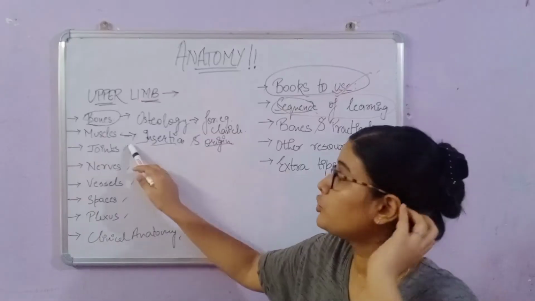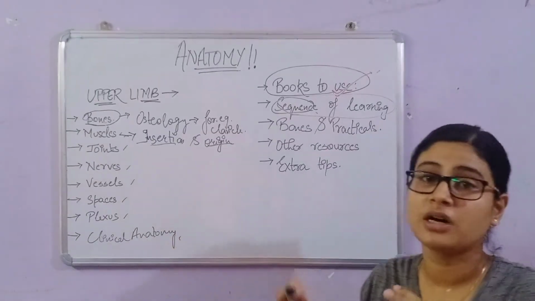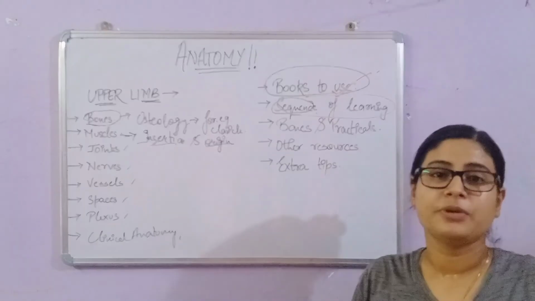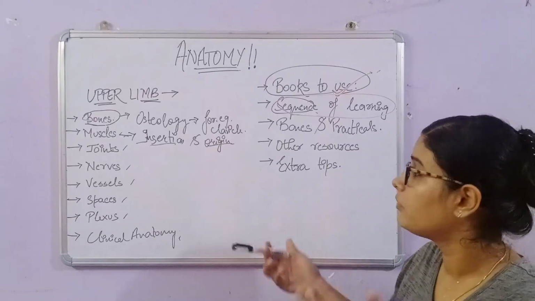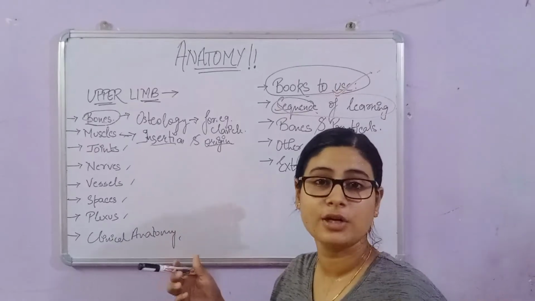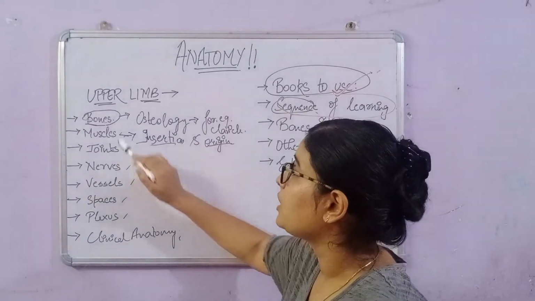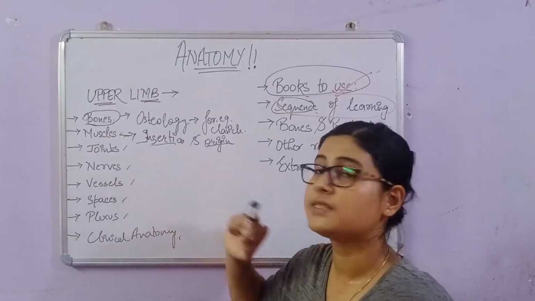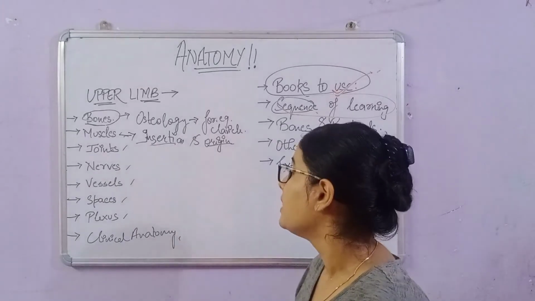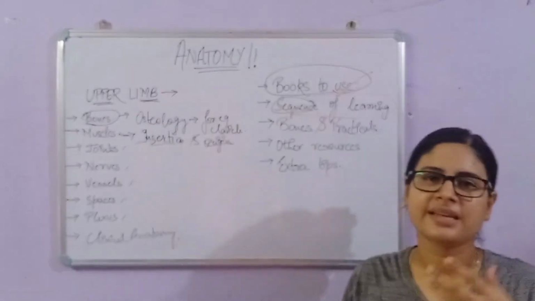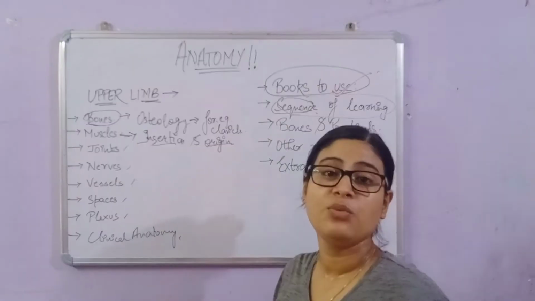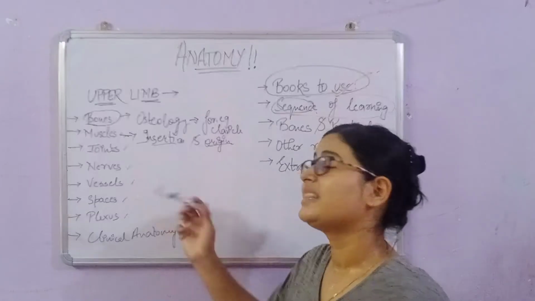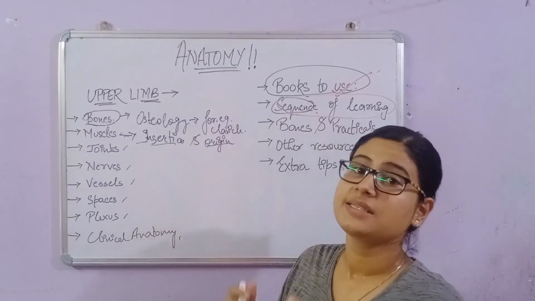When you talk about joints, you will automatically get to know the nerves related to joints. Then when you go through nerves, for example, radial nerve, median nerve, or ulnar nerve, from where it moves to where it goes, etc. When you know the bone, you would also be able to understand the passage of the nerves, the muscles supplied by the nerves. Then vessels like maxillary artery, and then you have many veins and arteries. Vessels consist of both arteries and veins, their passage, what they supply, and all that.